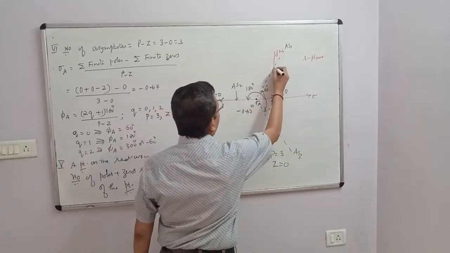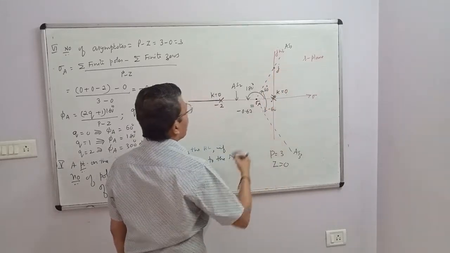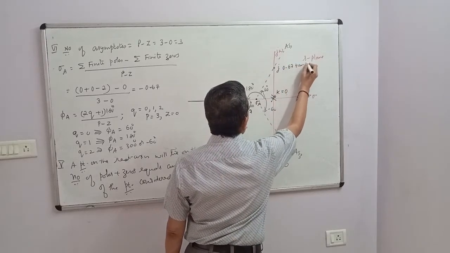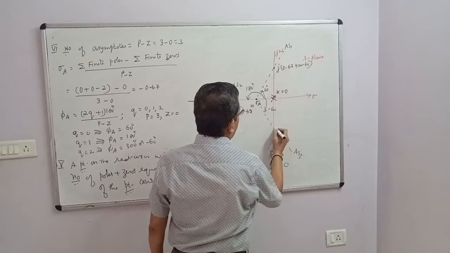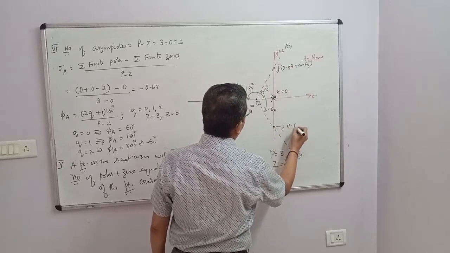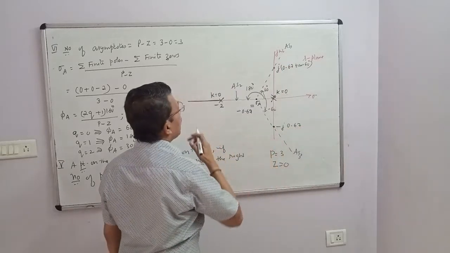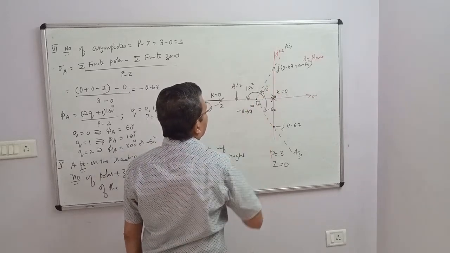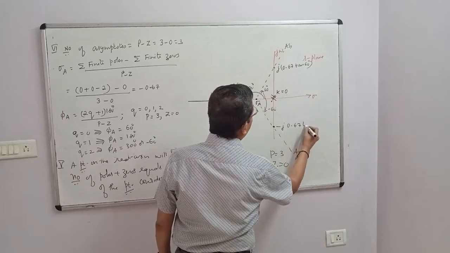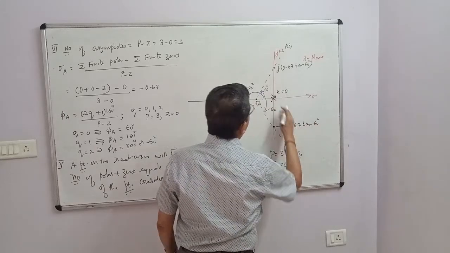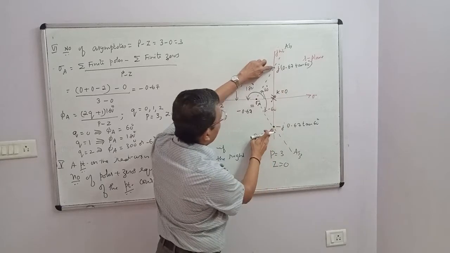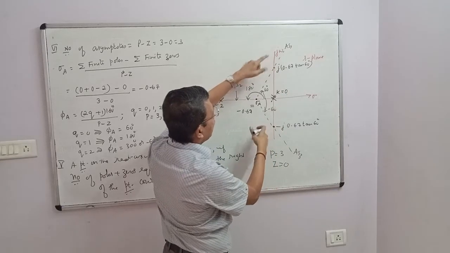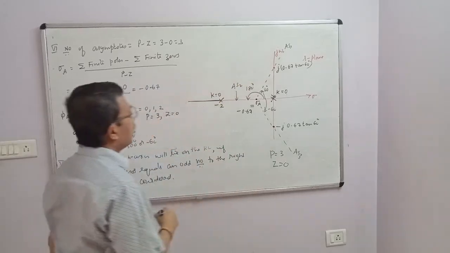So where does this intersect? This is nothing but j times 0.67 into tan 60 degrees. Where this intersects, minus j times 0.67 tan 60. Tan 60 is opposite side by adjacent side. Therefore, this is minus j 0.67 tan of 60 degrees. These 2 points are opposite of each other. Magnitude wise they are identical, but sign wise they are negative of each other.